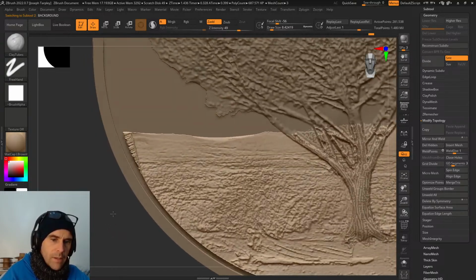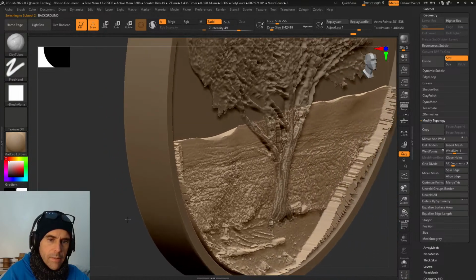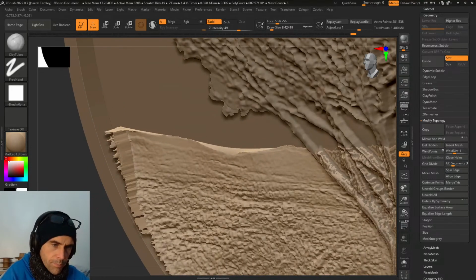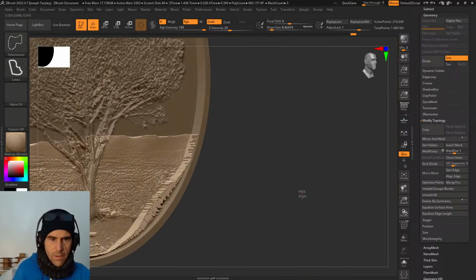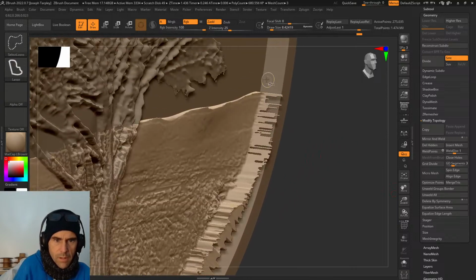Now I've got all of this. It's pretty cool looking. Let me see if I've got this funky thing on the side here. I could just go like this. Sure. Do the same over here. Oops. I'll do that same. Delete hidden. Close it out. And now